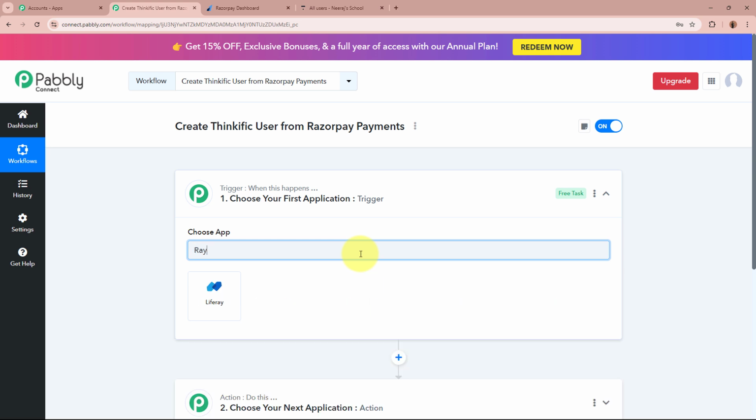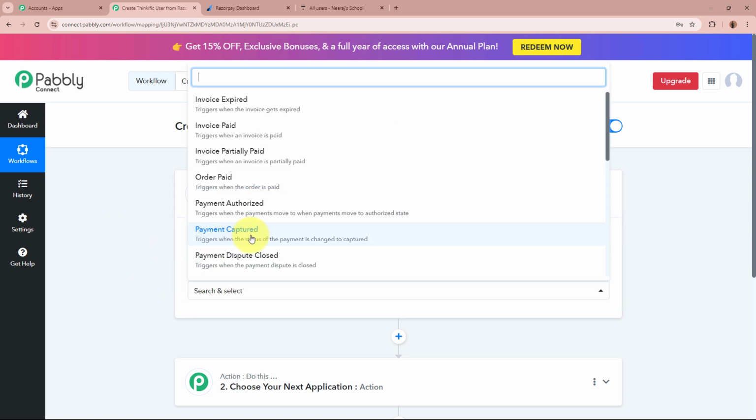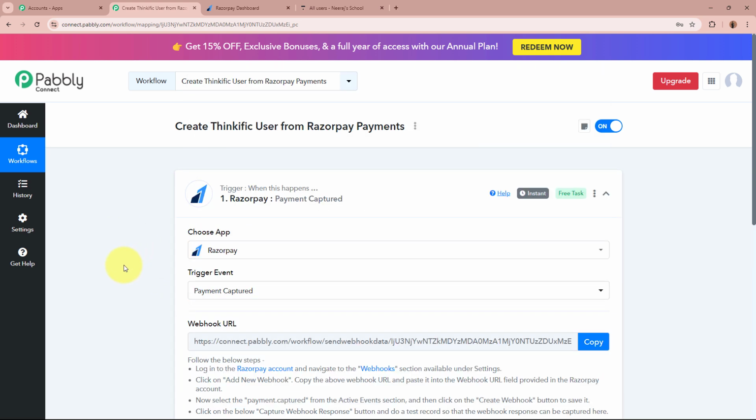do is we are going to select it as Razorpay. With the help of Razorpay, I'm collecting the payments of the course purchase, as I want that whenever a payment is received and the purchase has been done with the help of Razorpay, automatically Pabbly Connect should capture the response. That is why for the trigger application, I've selected Razorpay, and for the trigger event, I'm going to select payment captured, as whenever the payment is done, Pabbly Connect should capture the response of